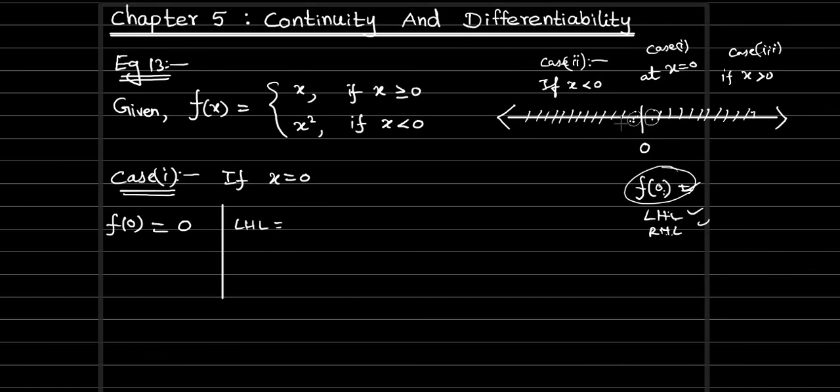Left hand side limit, x is approaching towards 0. So from the left side it's approaching, right? To represent the left side, I'll put a minus sign here. It's not meant for negative numbers. It's approaching from the left side. So f of x, left side close values of 0, it's smaller than 0. If it is smaller than 0, which function do we need to take? Second function. Then replacing f of x with the second function x square, applying the limit, 0 square is 0. So the left hand limit is what? 0 we are getting. Next, right hand side limit.